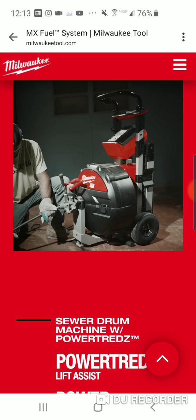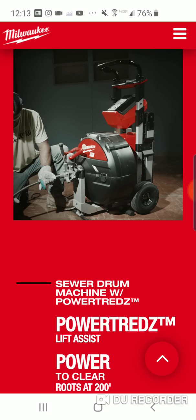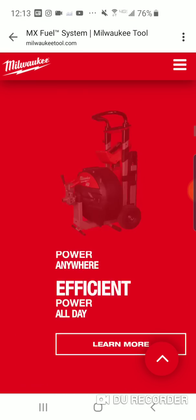All right, it's cool, and we've got to give Milwaukee props for making some of these tools that run on freaking batteries, right? But it's just most of the people that are in Milwaukee's platform have no need for some of this stuff. But the ones that do, they already invested a lot of money into a lot of this stuff already. I don't know if, for the convenience of it, they're going to spend it again. All right, that's what we'll have to find out. But yeah, you can even add the sewer drum, the power supply, and the light. I just don't think with